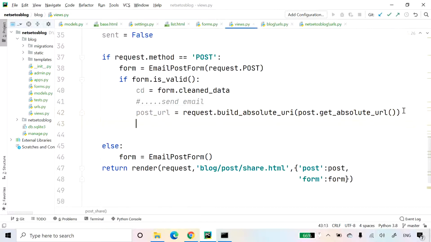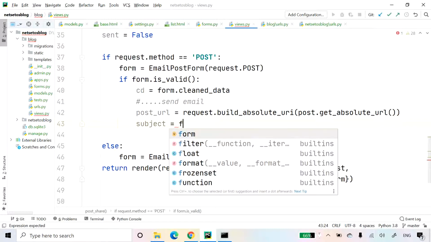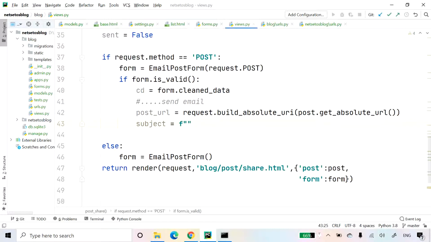Then I need to give subject. Let's introduce this in an f-string, where we will have the name recommends you read, and with this we will have post.title.